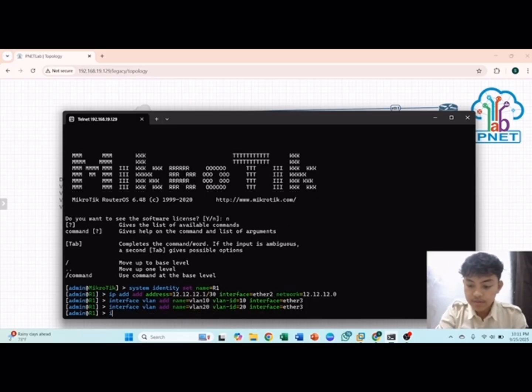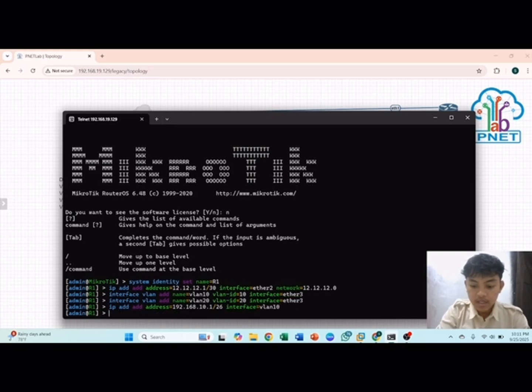And then we add the address for the VLAN. The address is with prefix 26 in interface VLAN 10.